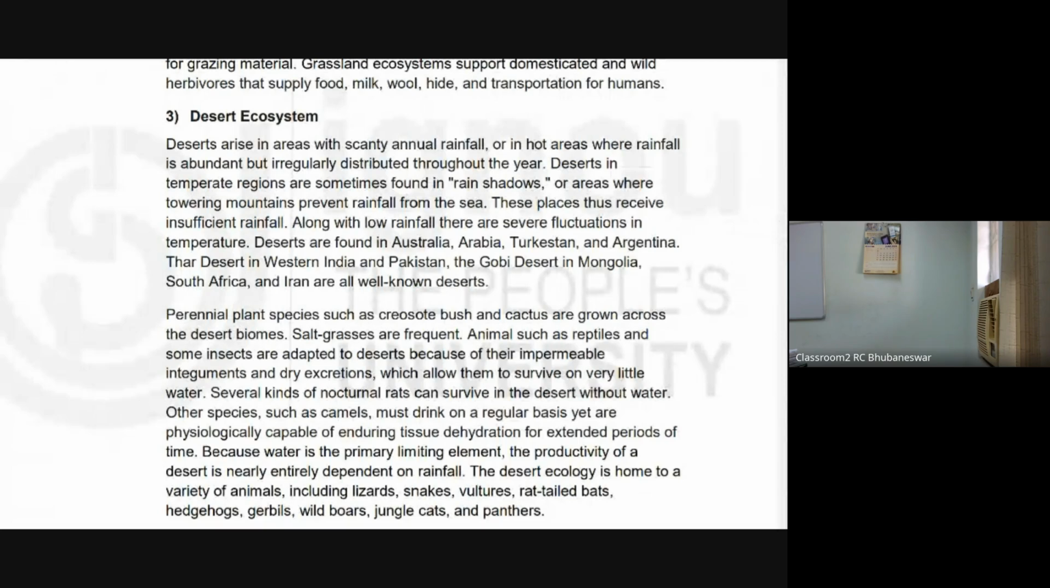Then desert ecosystem. So deserts basically,